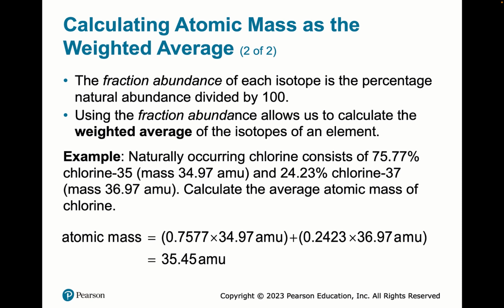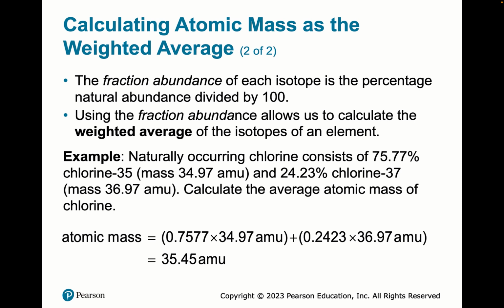So for instance, if you look at the fractional amount, remember percent is actually just the decimal times 100. So chlorine is 75.77% chlorine-35, and the mass of this, you have to look this up in a book, right? The mass of chlorine-35 is 34.97 AMU, which is atomic mass units. If you must know, the atomic mass unit is based off of carbon-12. So carbon-12 is defined as 12 atomic mass units, and then everything else is more or less massive, depending on the